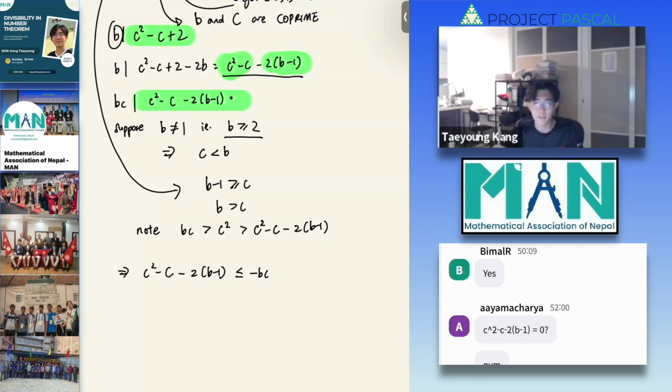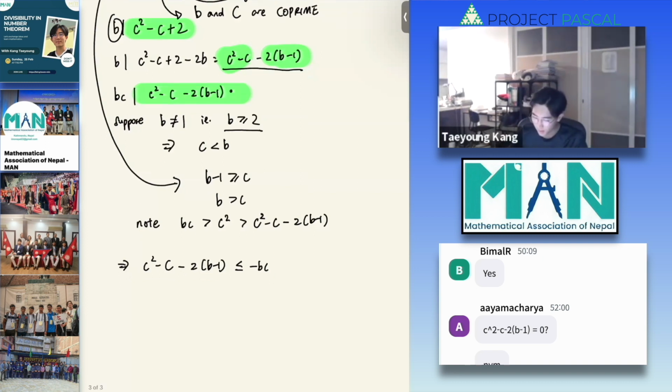Because this is a possibility. Wait, no, no, no. Ayama, it would eventually lead to that, but we need to show that negative numbers do not work first. Okay, so in order for it to be negative, this must be true. But then, can this even be true in the first place? The fact is, this can't even be true because we notice that